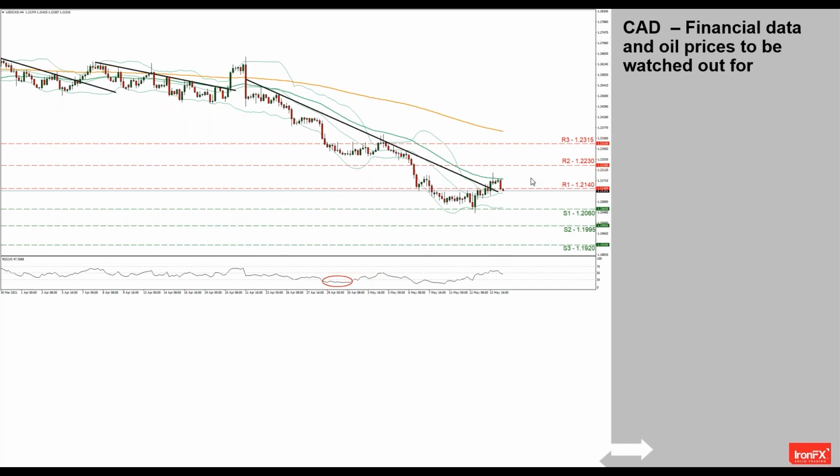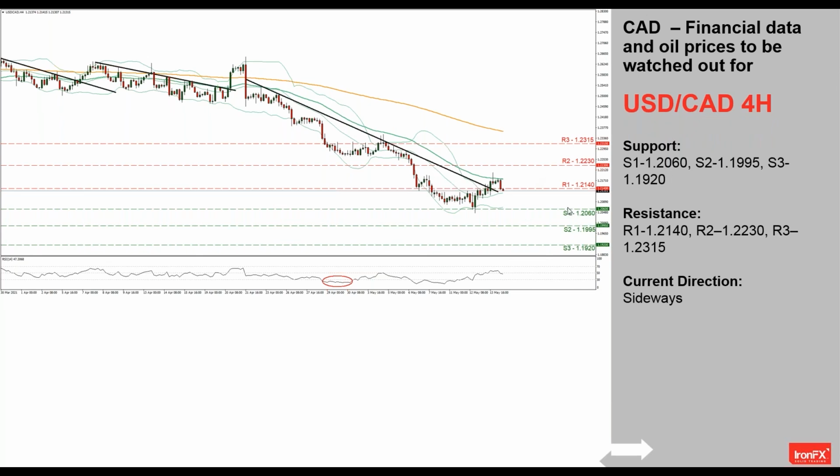Now, important levels to note would be to the downside, the 1.2060, which notes practically also the lowest point of the pair's price action, which provided considerable resistance, reversing the bearish movement on the 12th of May. Even lower than that, we note the 1.1995, and even lower than that would be the 1.1920. Note that these levels can be found practically 3.5 years back. That's how low actually the pair has been trading.